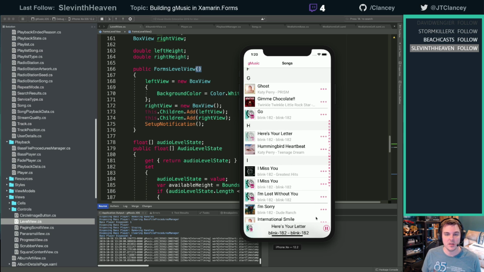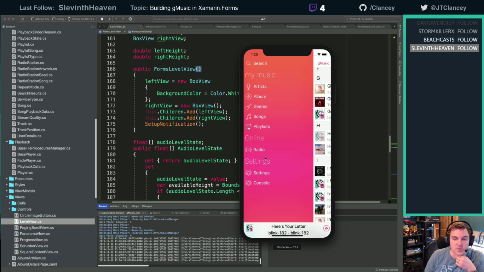Okay, and it is working. So, really cool. All right, so that was last week. You guys voted and chose to work on that last week. I wonder what we should work on this week. I know we still need to build the equalizer view, which is kind of crazy.